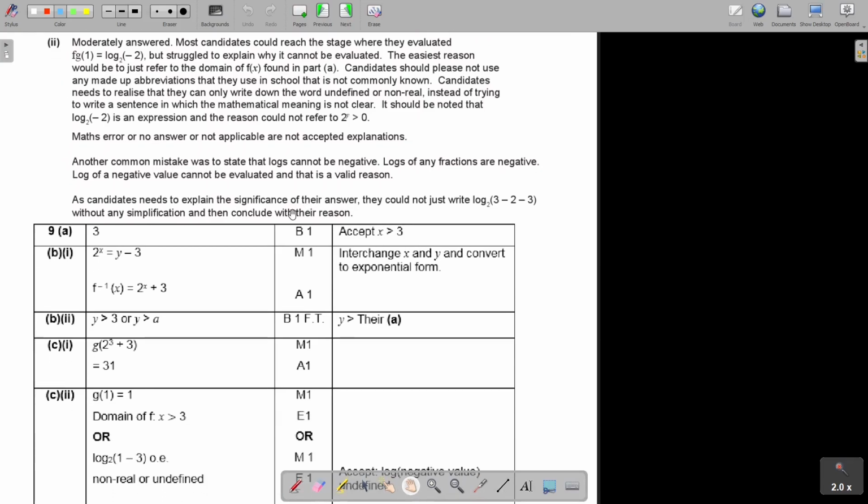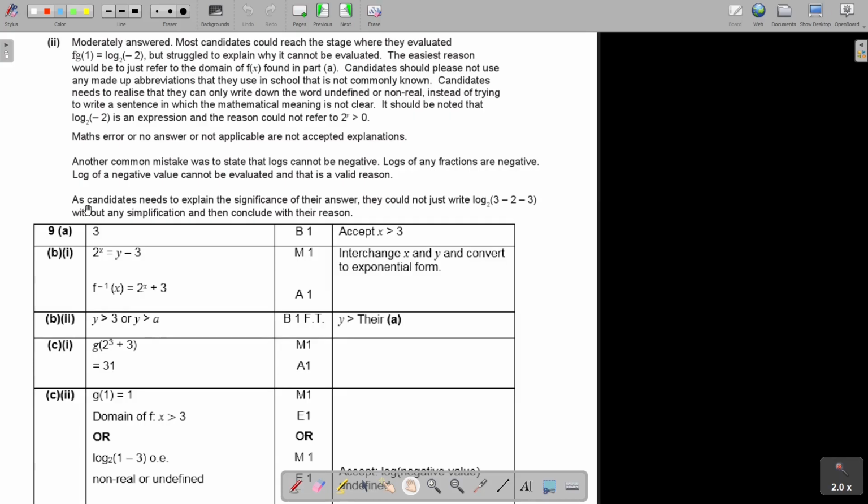It's not formally correct. Another common mistake was to state that logs cannot be negative. Logs of any function can be negative. Log of a negative value cannot be evaluated. So it's not the answer, but it's the value. Cannot be, and that is a valid reason. As candidates, just check that you write the wording correctly, because you can get a negative answer